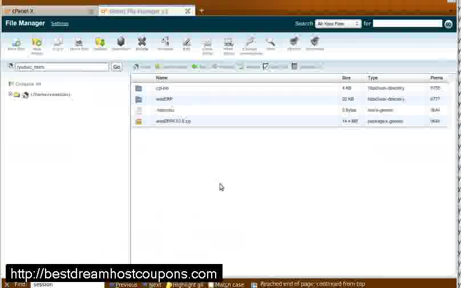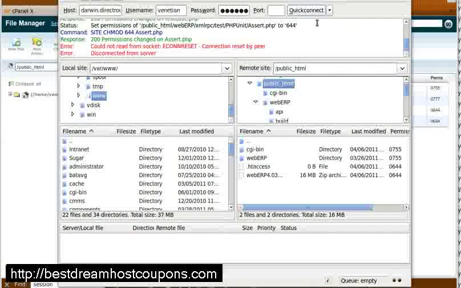Okay, now that we've unzipped everything, you'll notice that the permissions for the webERP folder is 777. That's real good if you're installing on your own server in-house on your own network, but if you're installing on the cloud, that's not allowed. So we have to go in and change those permissions, or else it won't work. So the easiest way to do it is to use FileZilla,